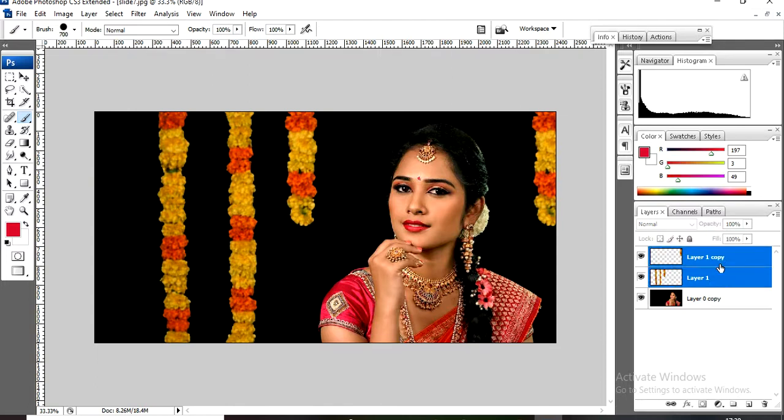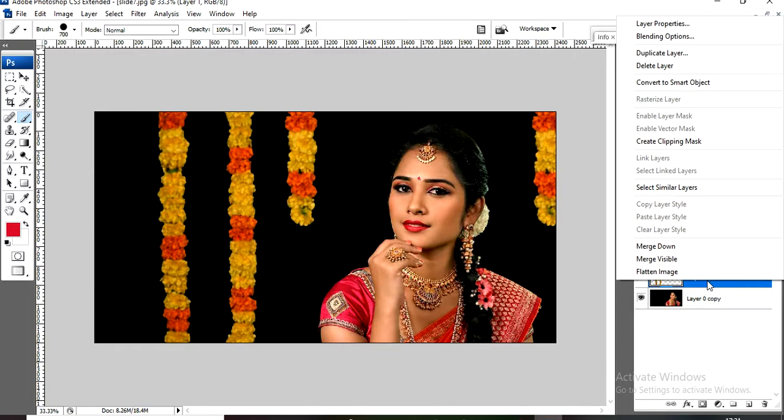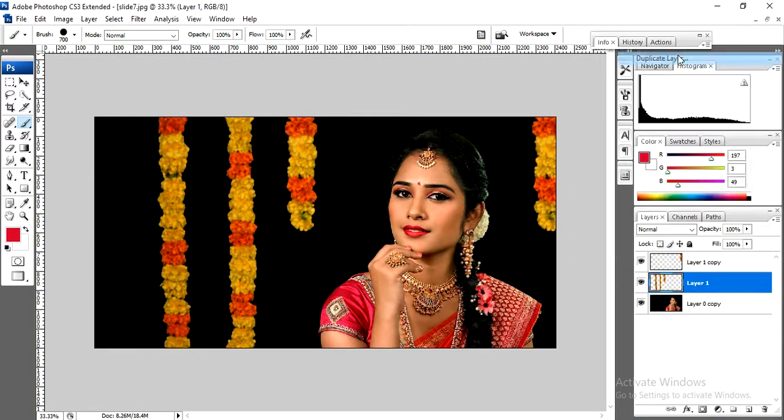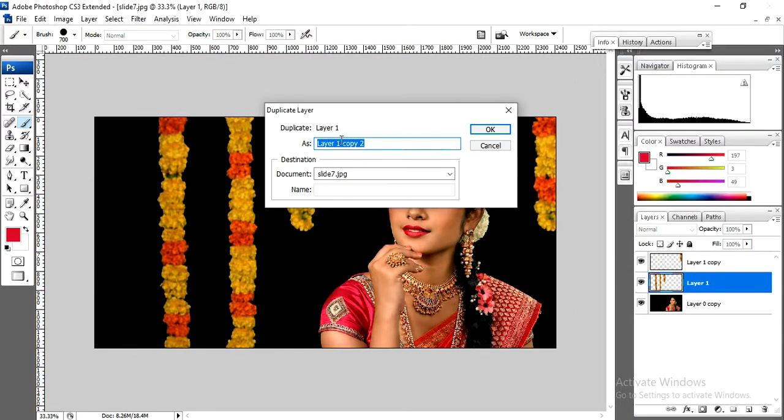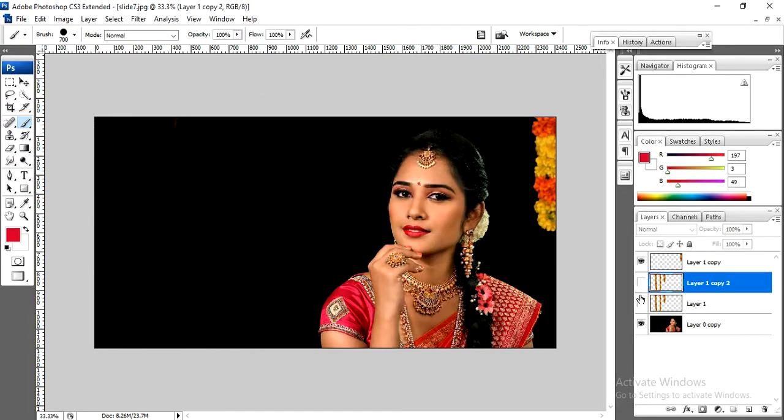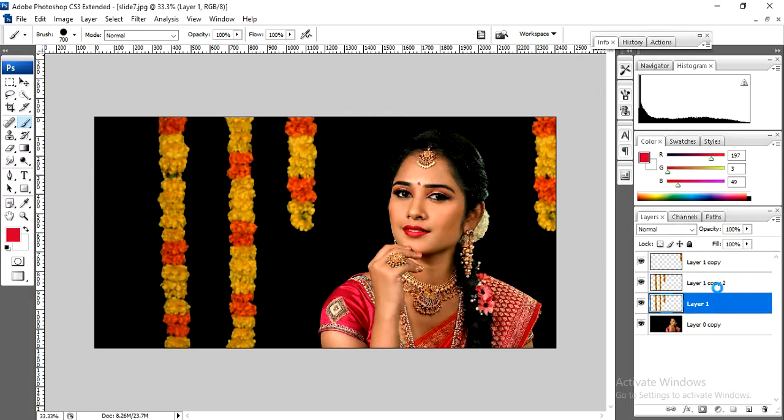Now I'm going to show how we can duplicate a layer. As per my knowledge we have two options. If you feel we have a different option, just provide your comments in the comment section. Right click, Duplicate Layer. When you make a duplicate, you can see the layer name is a default name. This is the original layer name, and we are making a copy, so it's named copy. Click OK, and now we created the same duplicate layer. This is one way.